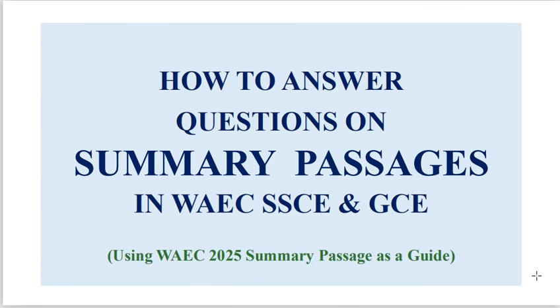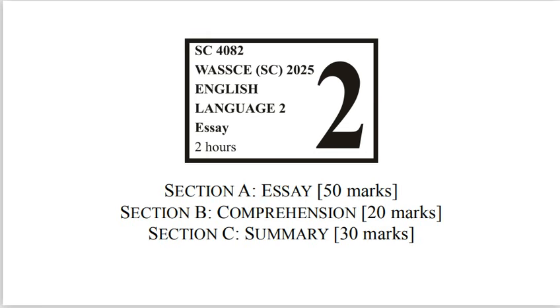The summary section is one of the sections that make up Paper 2 of the WAEC English Language Examination. It has a total of 30 marks, more marks than the comprehension passage section. As a candidate, this is one of the reasons you must maximize your chance of scoring almost all the marks